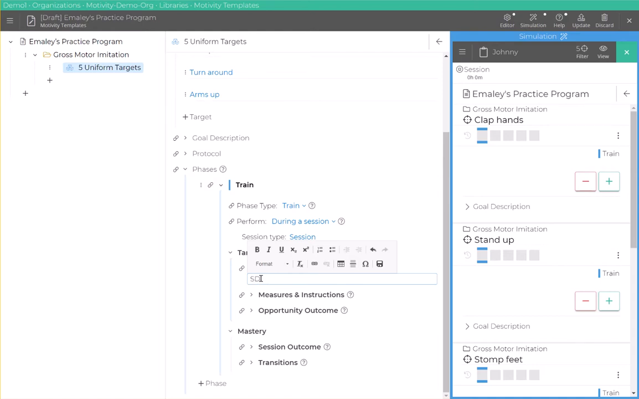So I'm going to put in SD, and we have a little fancy formatting here that helps with that. And I'm going to put in this or